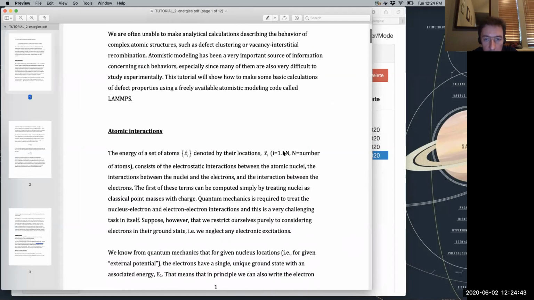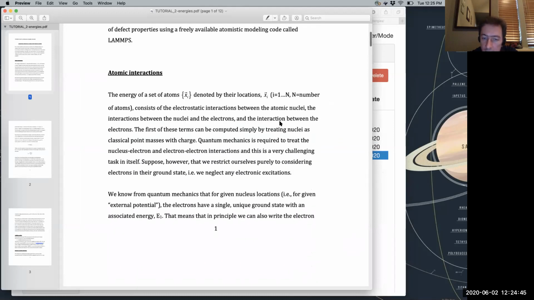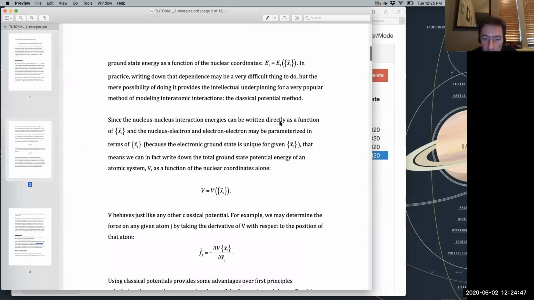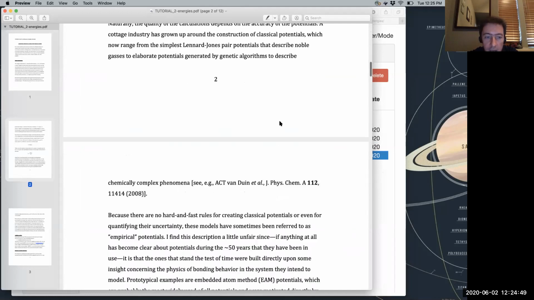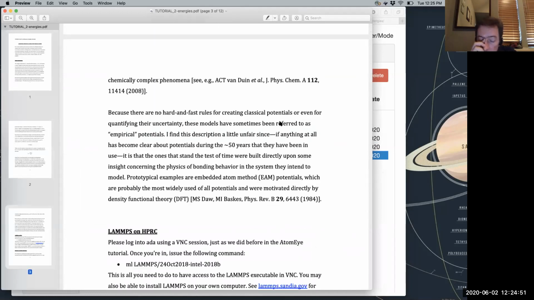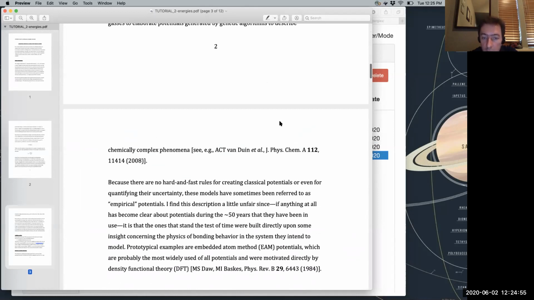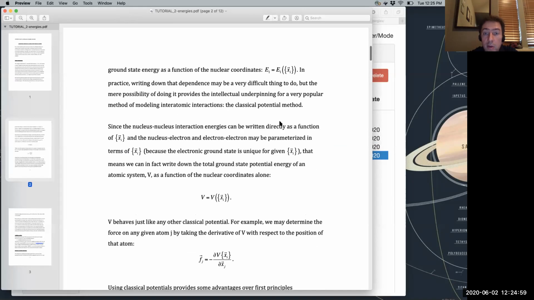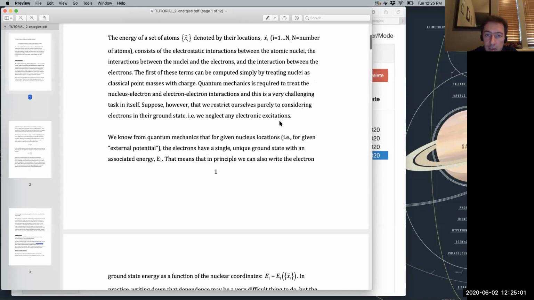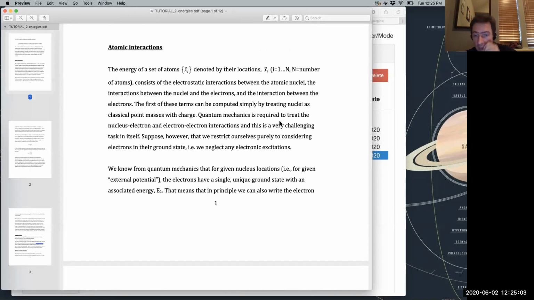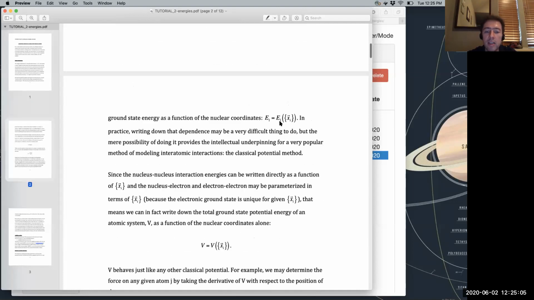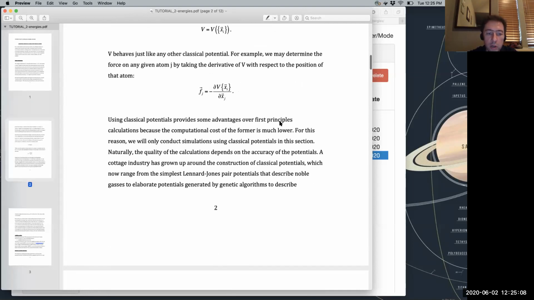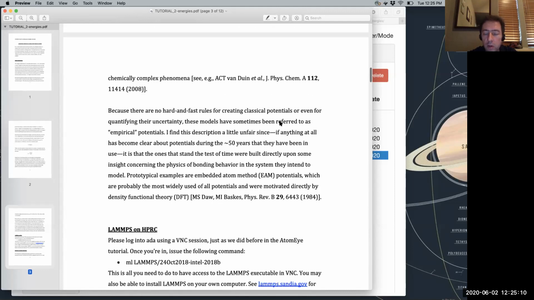So the notes begin with a very basic introduction to what classical potentials are and how you can use those potentials to model forces between atoms. I am not going to spend much time at all trying to teach you the theory behind how these potentials are built and how you use them in LAMMPS. I'm not going to do that. So if you want to, just pre-read this 1 or 2 pages before Thursday, that would help us a lot.